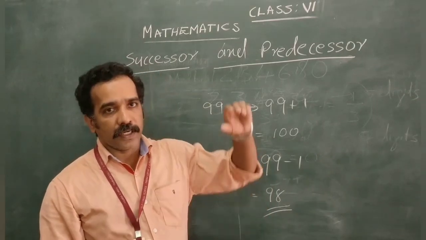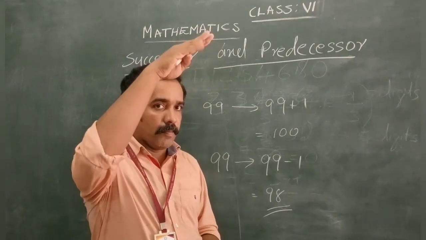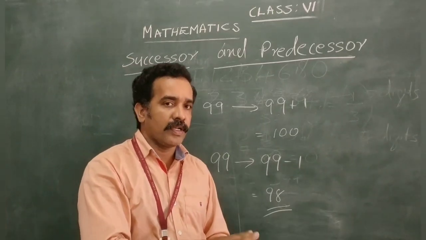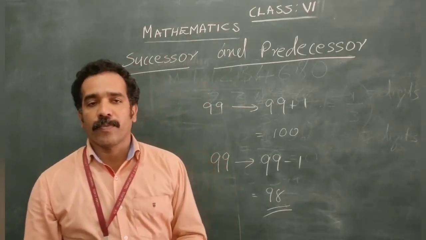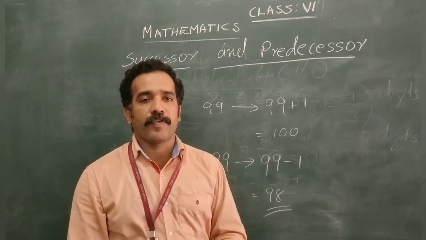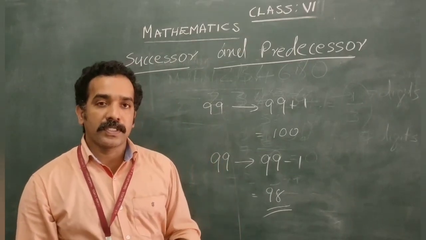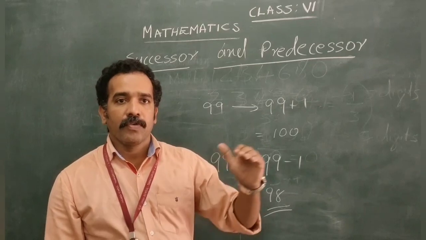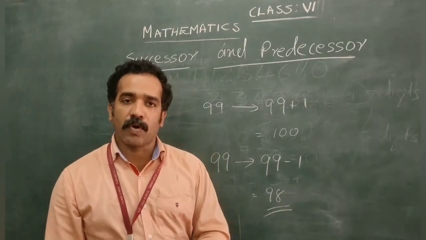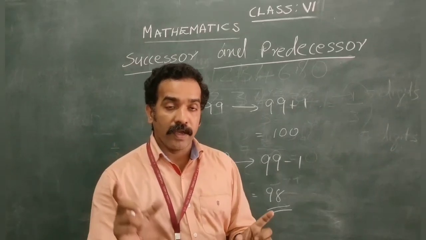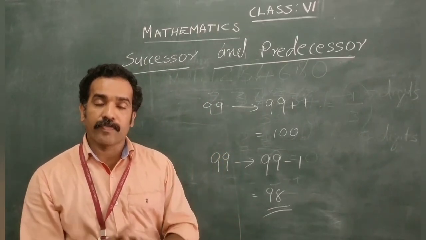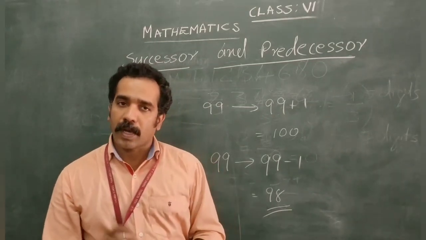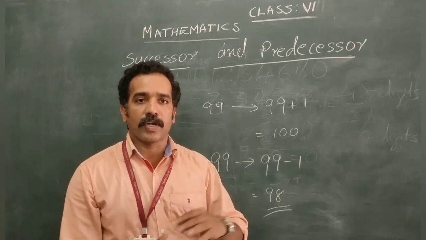And descending order means down. D means down. That means big to small. Descending order means big to small. Ascending order, small to big. That order you know. So if you are having a group of numbers, to arrange in ascending or descending order, first you have to check each number which is greater and which is small. How to find this? If you want to find ascending order in a group of numbers, first check which is the smallest among that group. Compare each one and write the smallest one first.